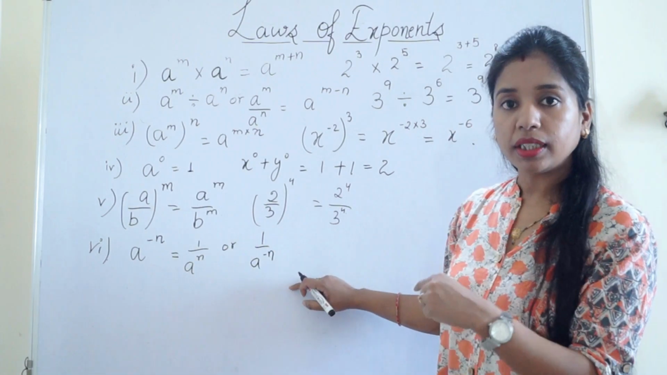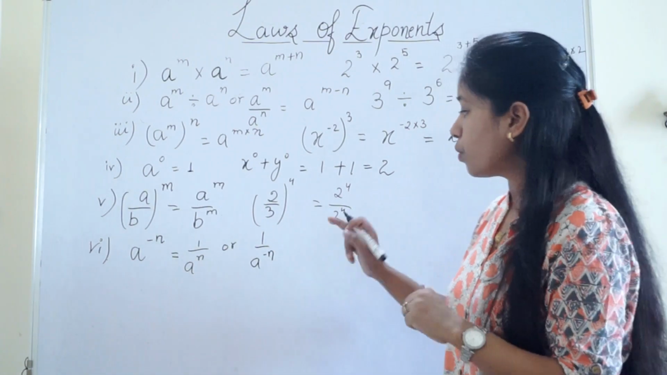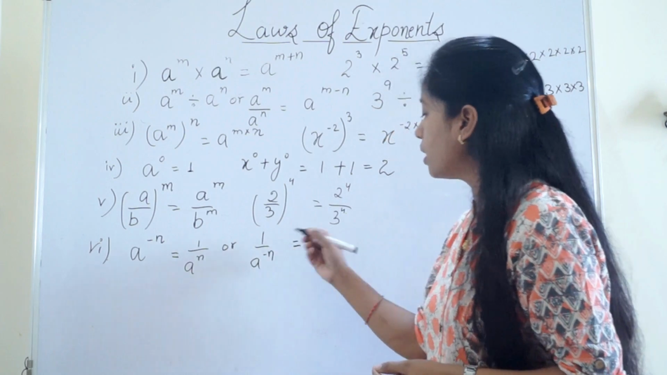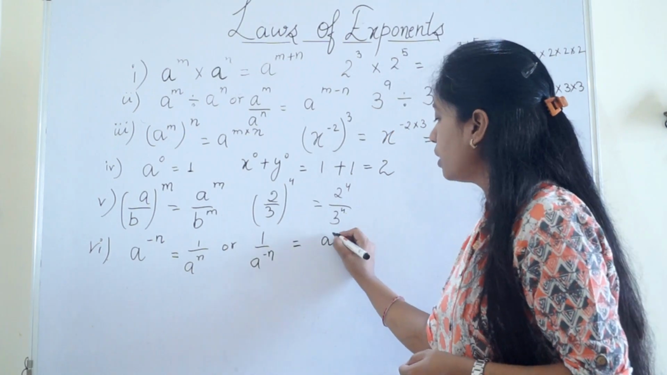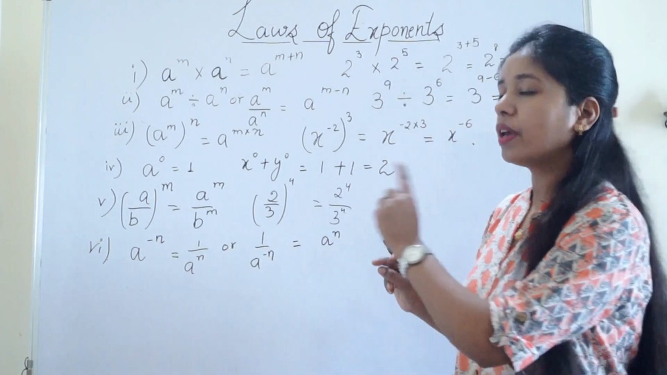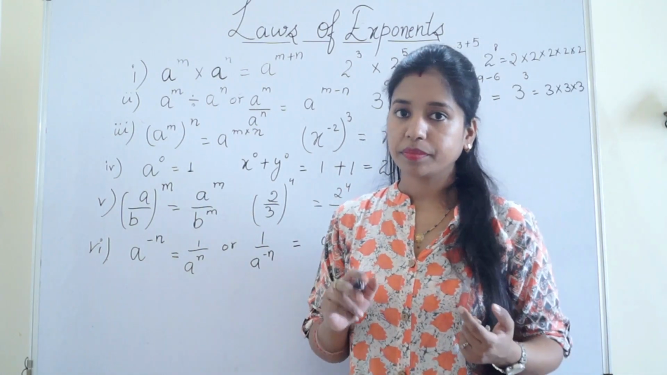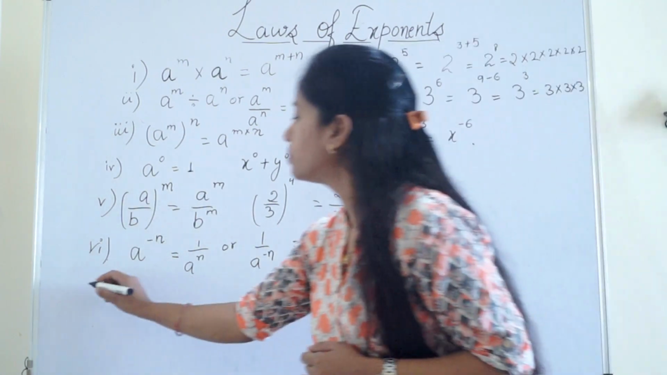a is in the denominator and it has a negative power. So we will again reciprocate this, and we can write it like this, a to the power m. In this way we remove the negative part. Now next I have